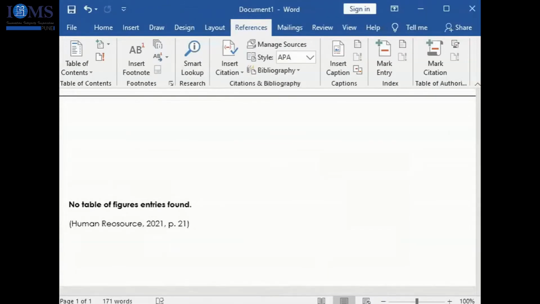Auto text will not only help you to get the document fast, but even if there are some errors, you can avoid them during your retyping, right? And you can use it at multiple places. You can just create a small text. I'll show you how it is. Carefully observe. Now we are going to see auto text.